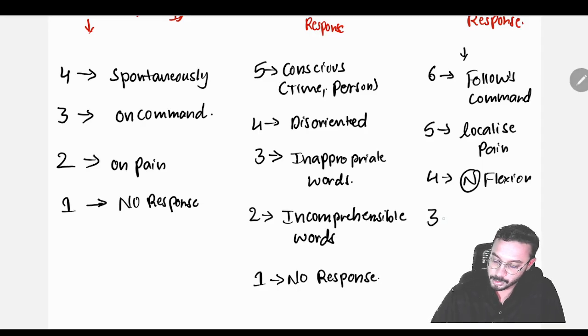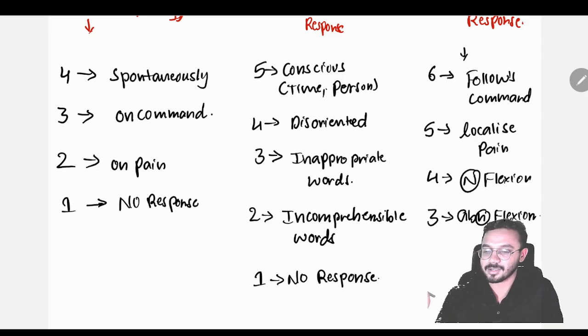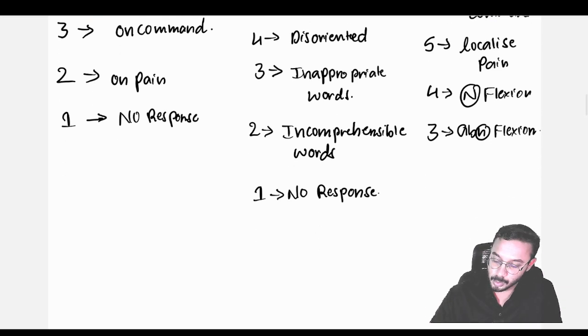And what about score 3? Score 3 is nothing but abnormal flexion. So abnormal flexion is score 3. He is telling like where is your right? So he is going to show you the left. And like score 2 is nothing but abnormal